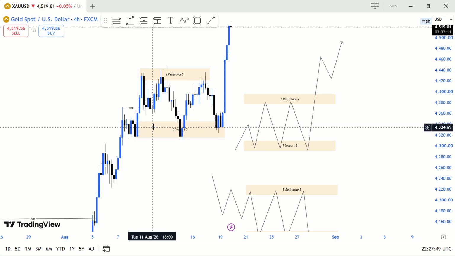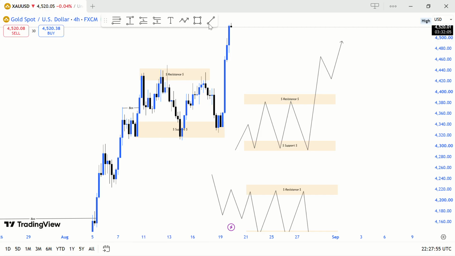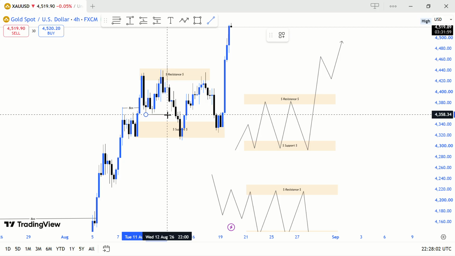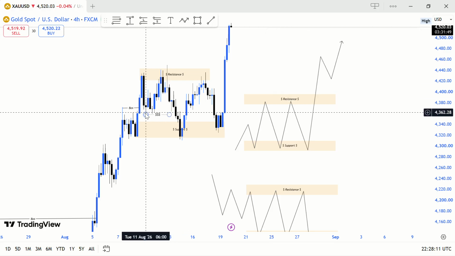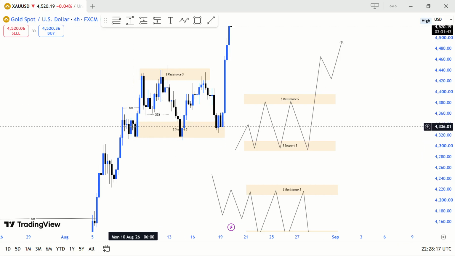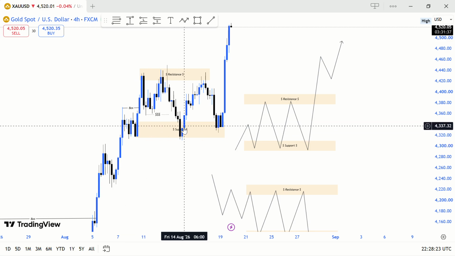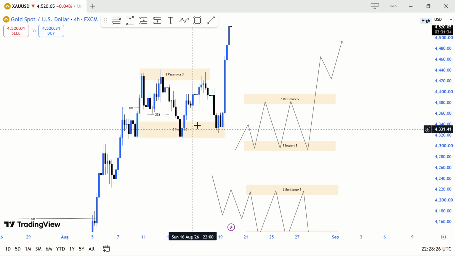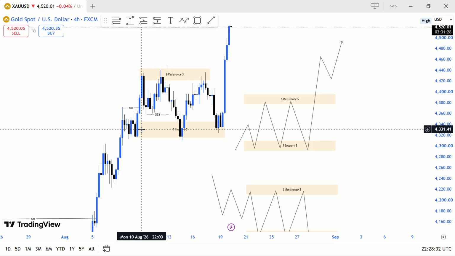So it came down and went up, which means it's giving this level liquidity, which makes this our area more important and to be focused on, because in SMC we look at